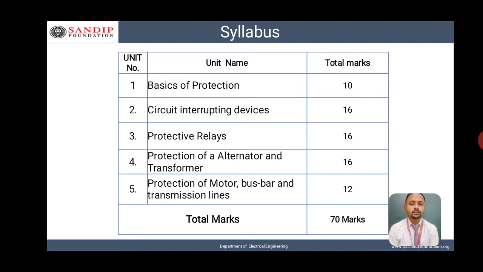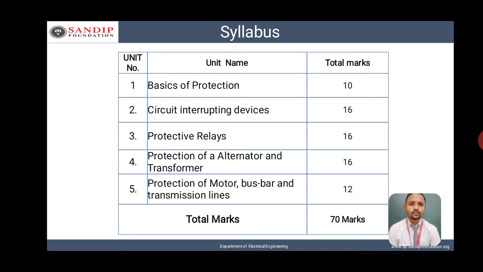We are going to learn the various types of relaying schemes which should be applied for power system components, which may be transmission line, generator, bus bar, feeder, as well as the motor and transformer protection schemes. The total weightage for the third unit is 16 marks.